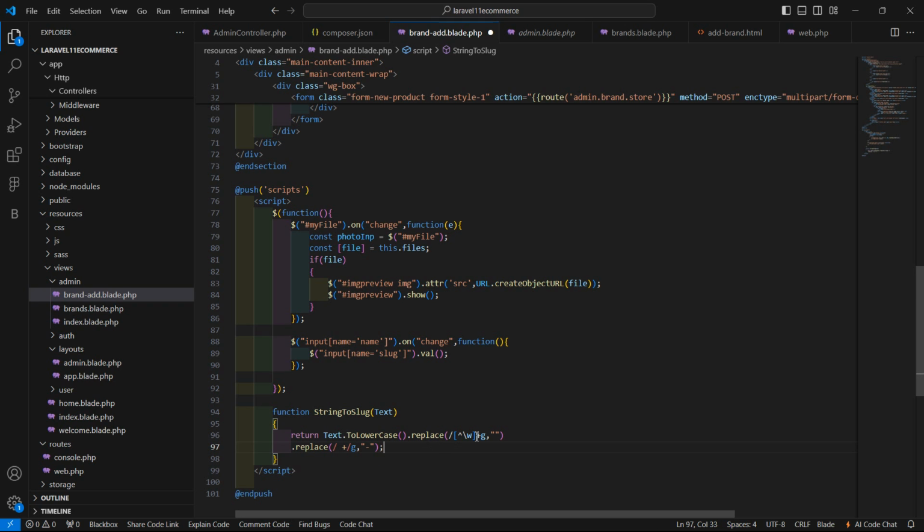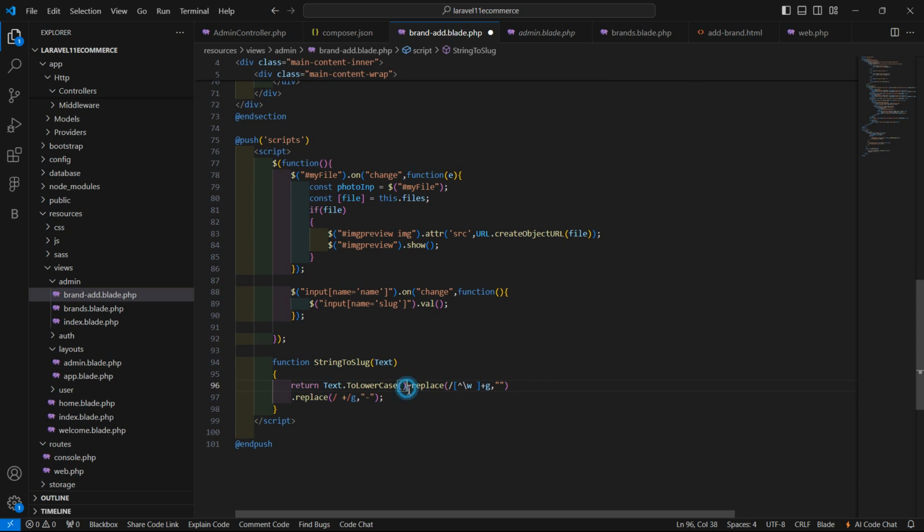Okay, and after this W, just add here one space. To lowercase, and another is replace this one and a space with dash. Right, now save this. Now let's copy this function name, and inside this var let's call this function and just